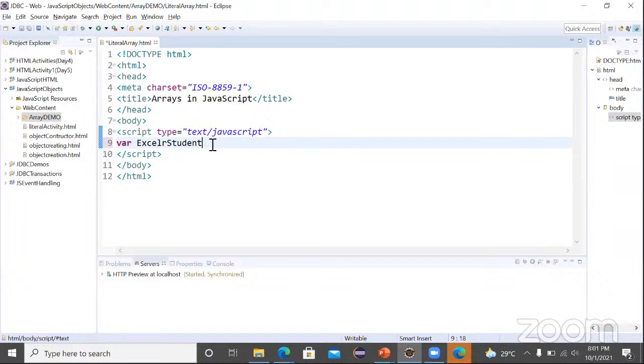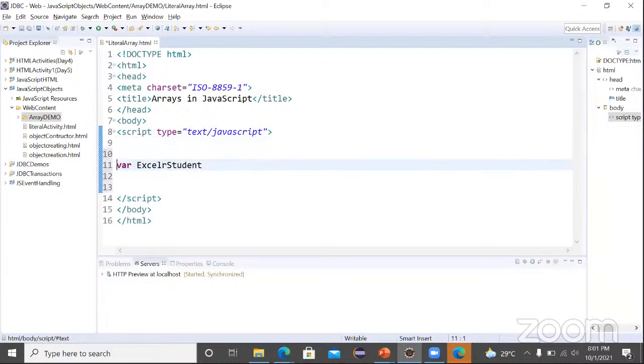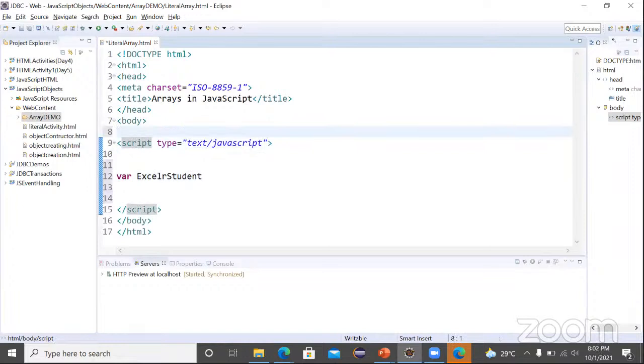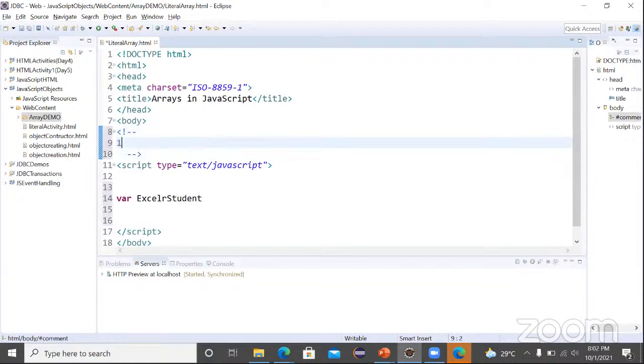Basically, let me note a few points here about arrays. So the first point about arrays: an array is a variable. Okay, array is a variable. So it's not about object-oriented. In general, I'm talking array is a variable, which holds or collects